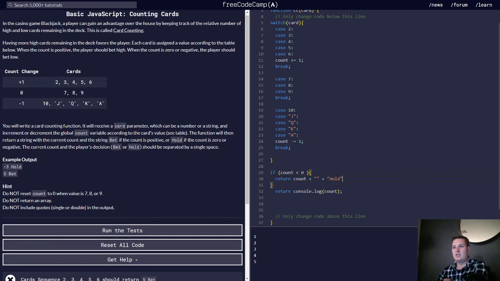If it's less than 0, if the count is positive, count is